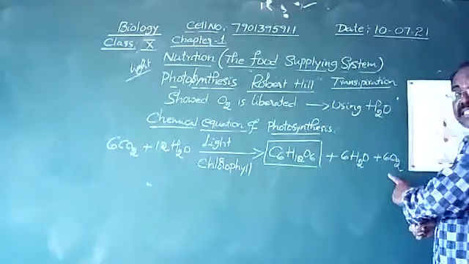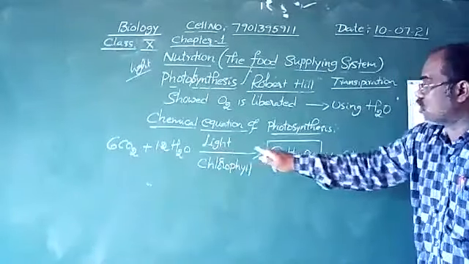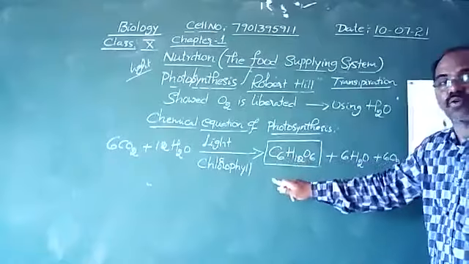Oxygen is liberated by the process of photosynthesis. Who once said that? Robert Hill. Robert Hill showed that oxygen is liberated by using water. The chemical equation of photosynthesis: 6CO2 plus 12H2O, in the presence of sunlight and chlorophyll,